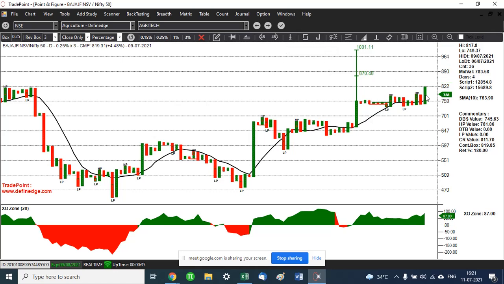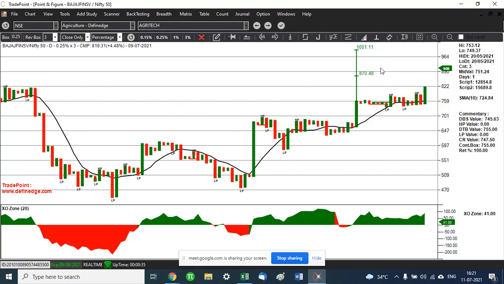And this is also an anchor column, but we will not plot target on this right now because this is the currently active column. If we don't plot targets on a currently active column, we don't know where this is going to go until this column is settled. So until we get a column of X, a red column after this, we will not plot a target on this right now. So the last anchor column we have is this, which is giving us a target.